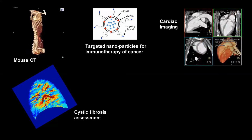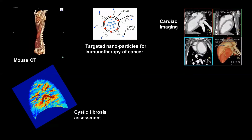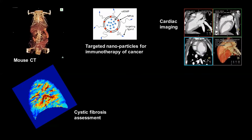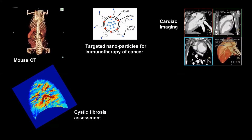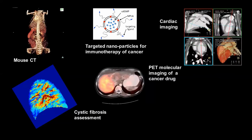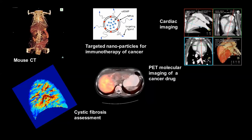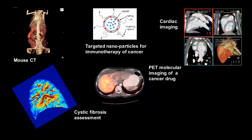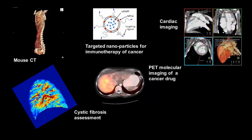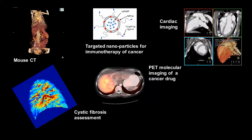Several Case investigators are developing new nanoparticles for imaging and therapy. Here is a new design developed by Dr. Karathanasis for targeted immunotherapy of cancer. This is a very hot new area in cancer therapy. Dr. Muzic made an anti-cancer drug radioactive so that he can map its distribution in the body. The idea here is to provide a microdose of the drug to determine if it gets to the tumor. As it must get to the tumor in order to have an effect, this provides a means of determining